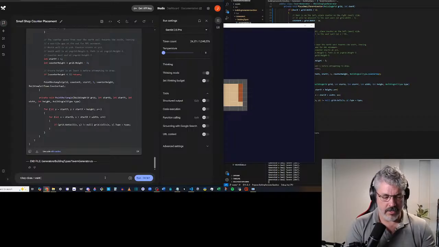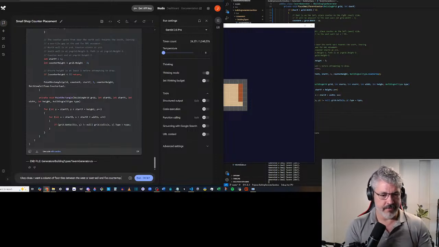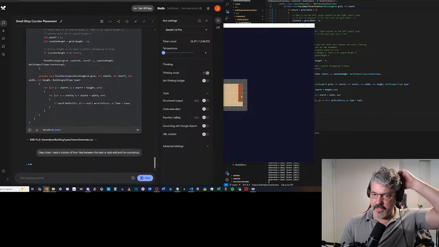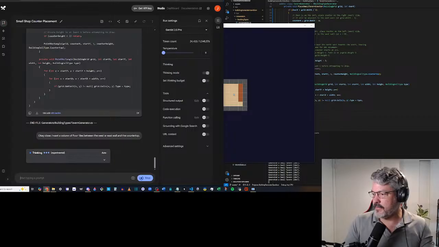I want a column of floor tiles between the west or east wall and the countertop. Okay, keep it simple. Let's at least get that countertop away from the wall.